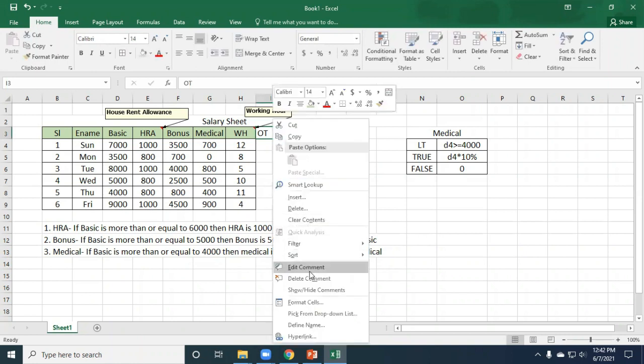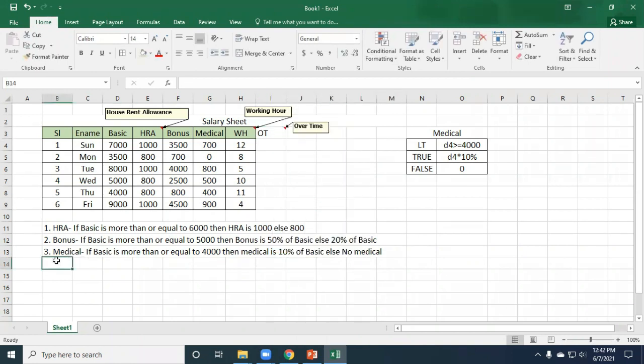It's also simple. First you have to write down the condition. So what will be the function condition for working hour? OT. See, I am putting the condition. If working hour is more than 8, because the official working hour is normally 9 to 9, that means 8 hours. If working hour is more than 8, then OT is 20 taka per hour